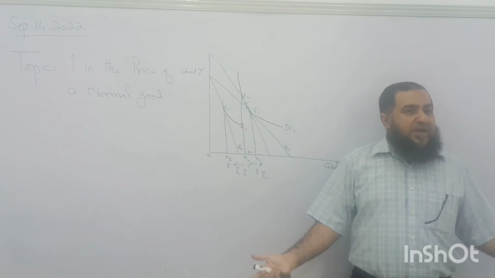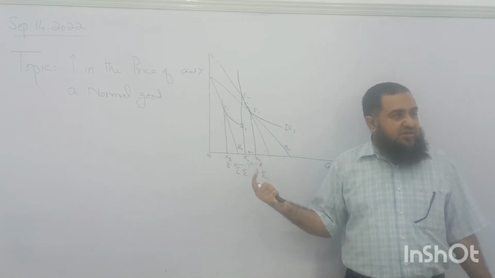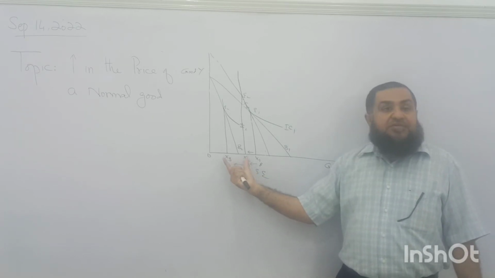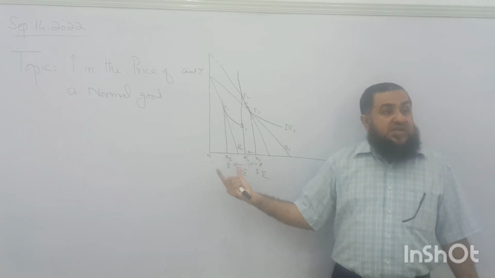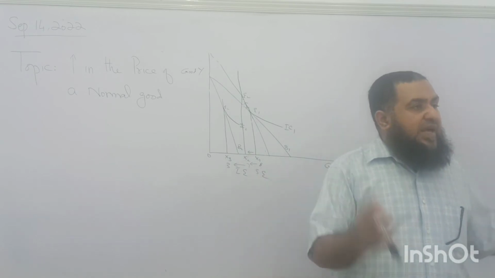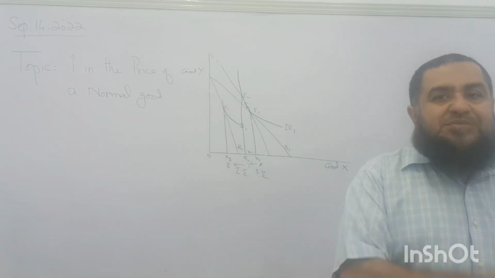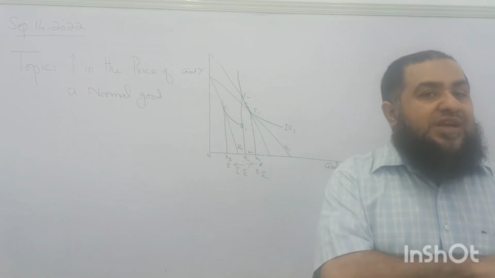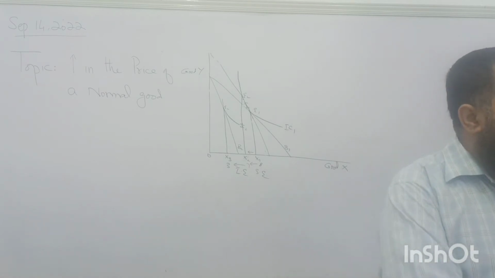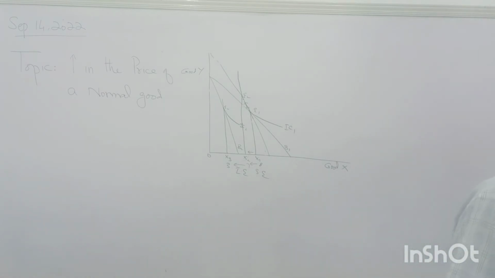It is negative: when price increases, he is decreasing the consumption. And his income effect is saying your income has gone down, buy less of it. So both substitution and income effects are moving in the same direction. They are going to decrease the consumption of a normal good. That's why we have what? The demand curve of a normal good, when price increases, is again downward sloping